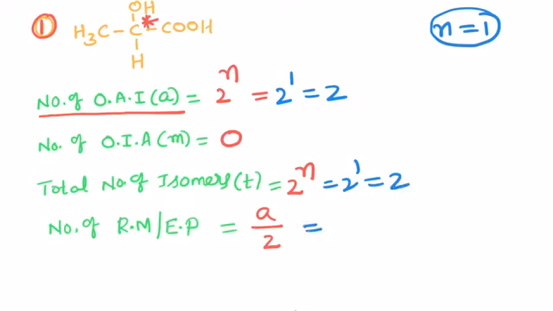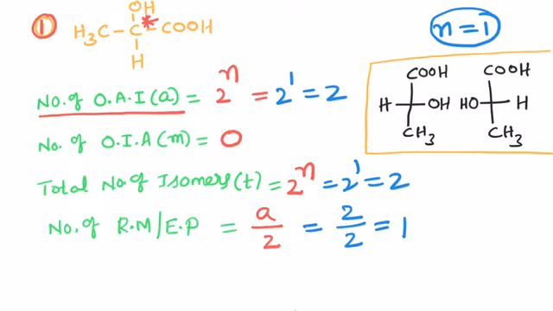And the number of racemic mixtures: how many active isomers are there? 2 are there, divided by 2 equals 1. These two are optical active isomers. One is dextro, one is levo. An equimolar mixture of dextro isomer and levo isomer is called a racemic mixture, and this dextro and levo pair is called an